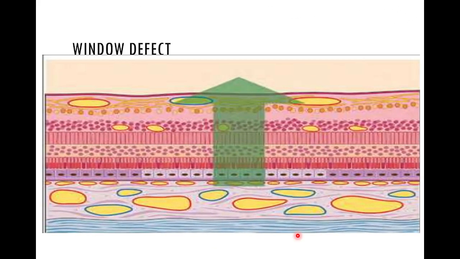Next is the window defect. As I told before, the retina has two barriers. One is the outer blood retinal barrier and the next is the inner blood retinal barrier. Outer is the RPE-Bruch's membrane complex and the inner is the endothelial junction in the blood vessels. So this is the outer, what we see is the RPE, here is the Bruch's membrane. The RPE-Bruch's membrane complex is a barrier. That's the outer blood retinal barrier. It's like a window. So the window of the retina.